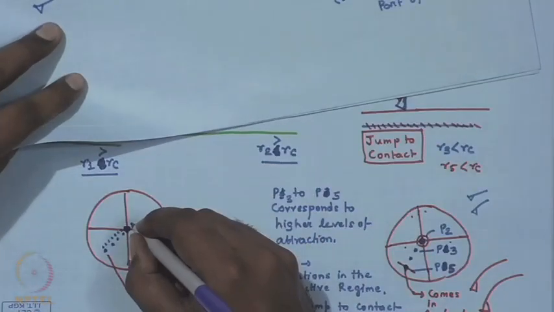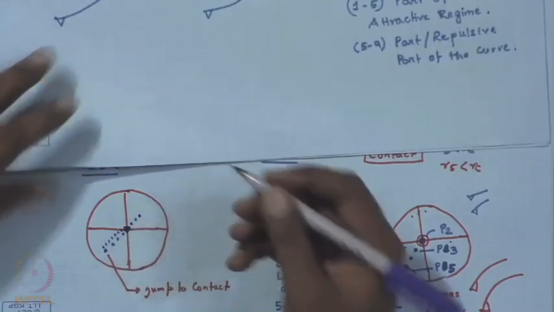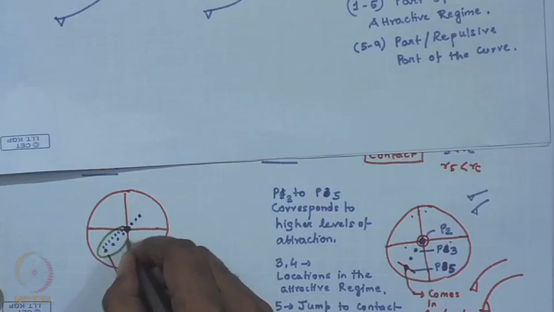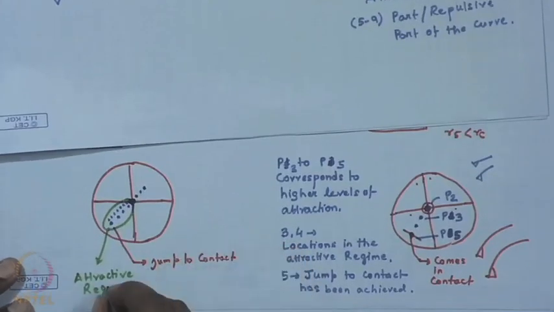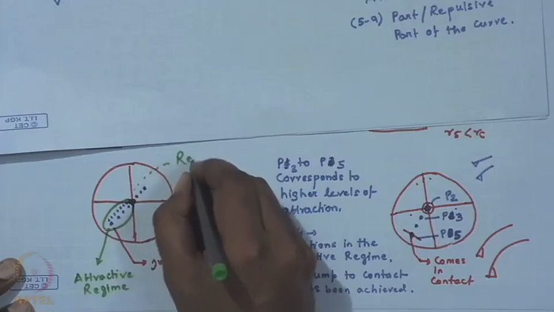So, now for the first time the laser spot starts shifting in this direction. Okay. So, you need to understand that if this is the attractive regime, this is now the repulsive regime,